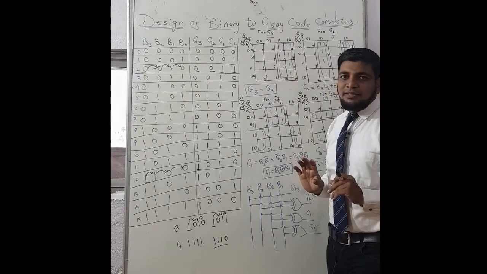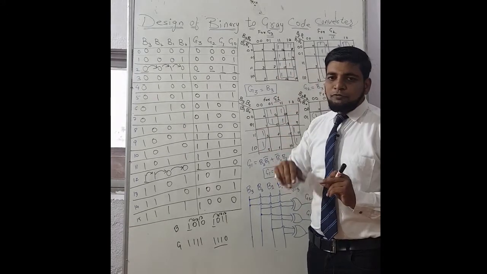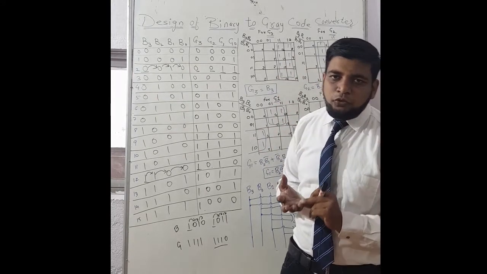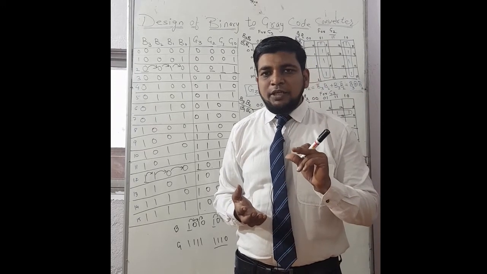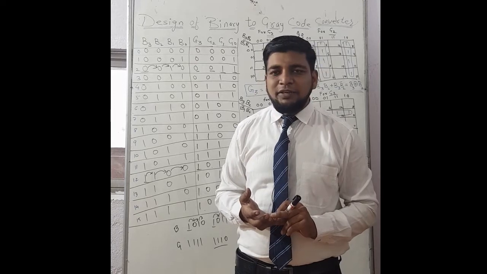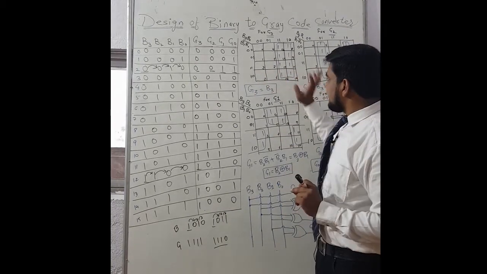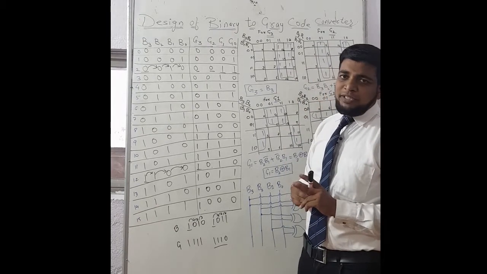We know that we can prepare the groups of the Karnaugh map in the form of 2 raised to n, that is 2 raised to 0, 1, 2, 3. That is, we can make a group of 1 cell, 2 cells, 4, 8, or 16. Likewise, we can make the groups in the Karnaugh map technique.